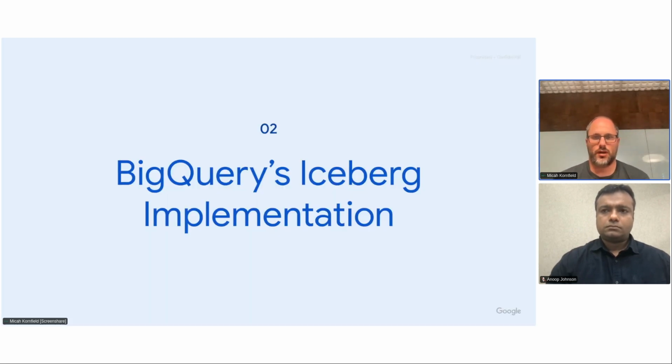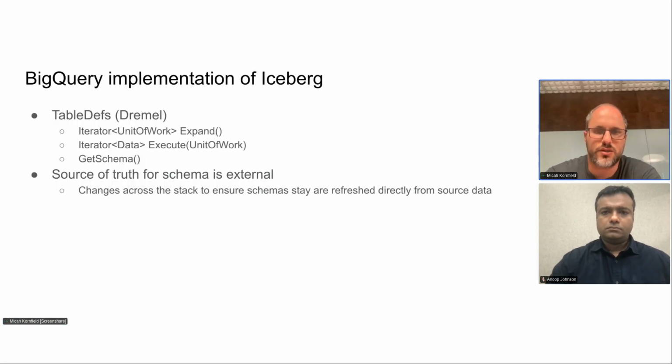So now let's talk a little bit about BigQuery's Iceberg implementation and how we went about doing it. BigQuery already has a lot of different input sources. There's already an abstraction called table defs internally for Dremel that allows us to wrap work. And so a lot of the work for implementing Iceberg is implementing a new table def. And at a high level,